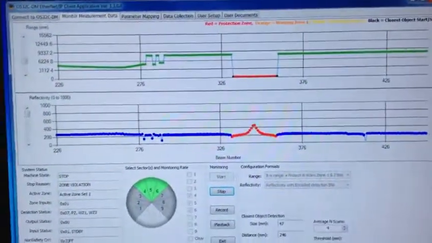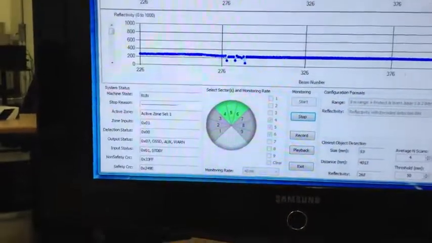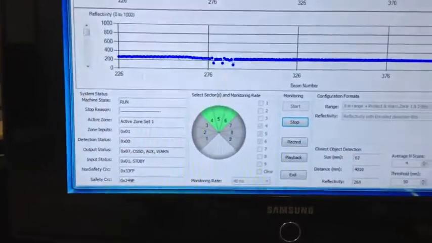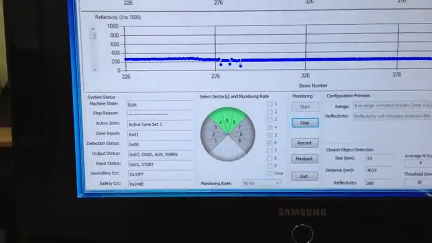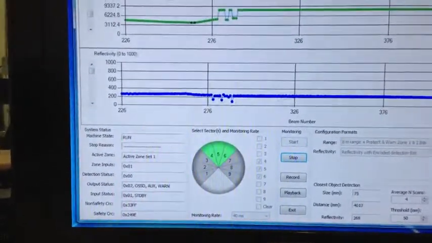If I was to remove that object, now you see that the sensor is back in run mode and active zone set 1 because there's no object in there. These are some of the types of data that we can get out of the sensor,